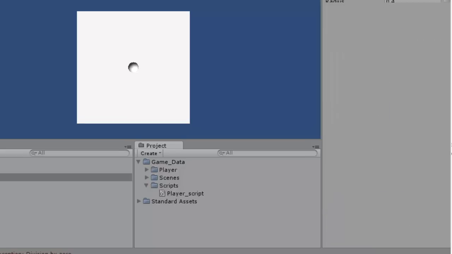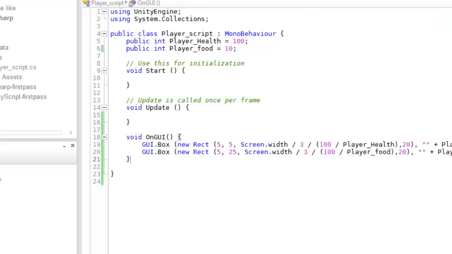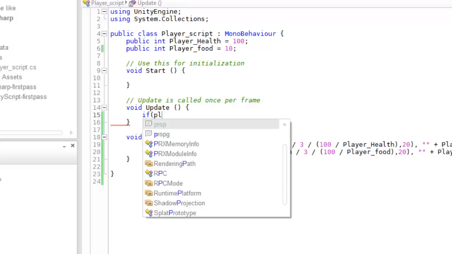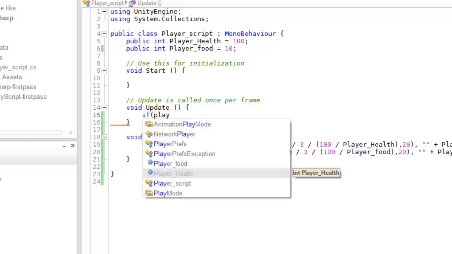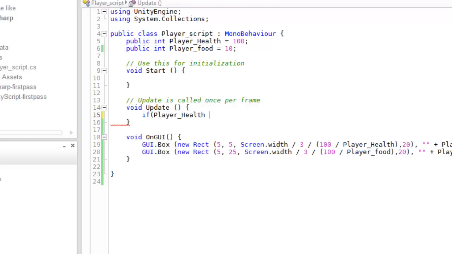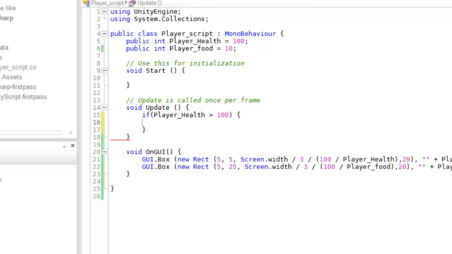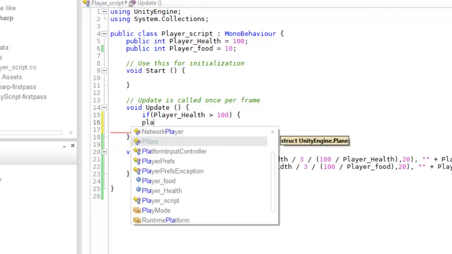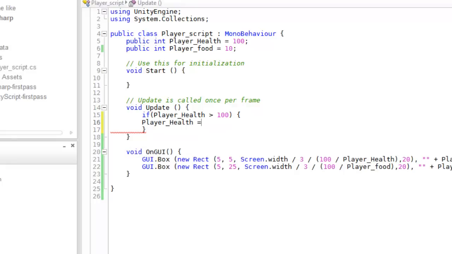You don't even see it because we get a divide by 0 error. So we'll fix that right now. So if player health is greater than 100, then we just have to say player health equals 100, and then also